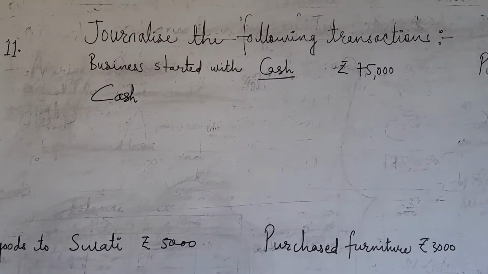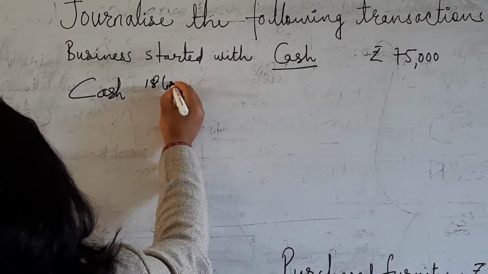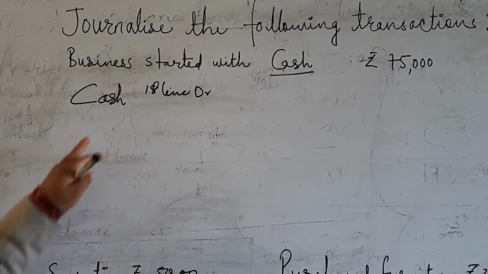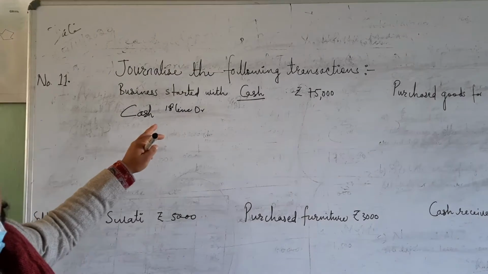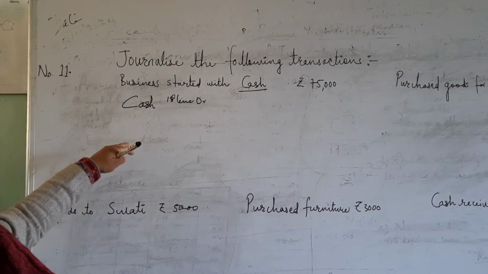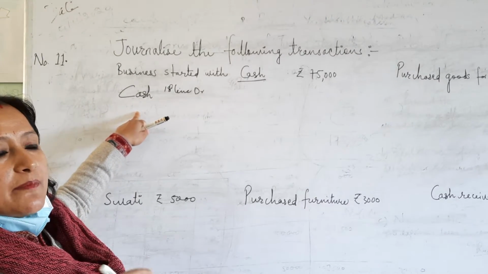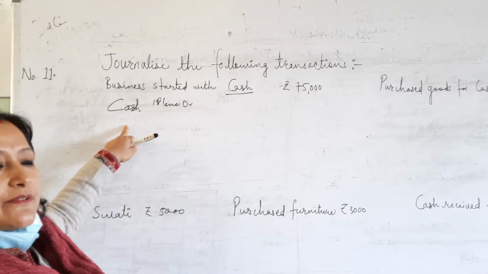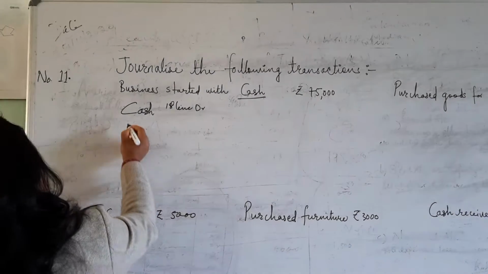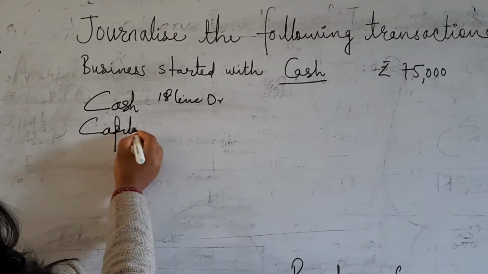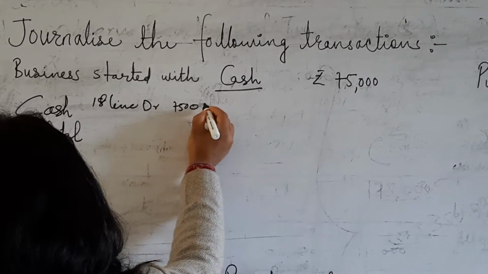account. Then the first line is meant for debit. First line is always debit, isn't it? So we will be writing cash here. And cash, if it comes into the business, that is also capital. That is considered as capital. Then we have understood that according to the American approach, if capital increases, where will we be writing? We will be writing in the credit, isn't it? So cash, then in the second line we will be writing capital. What is the amount? 75,000.